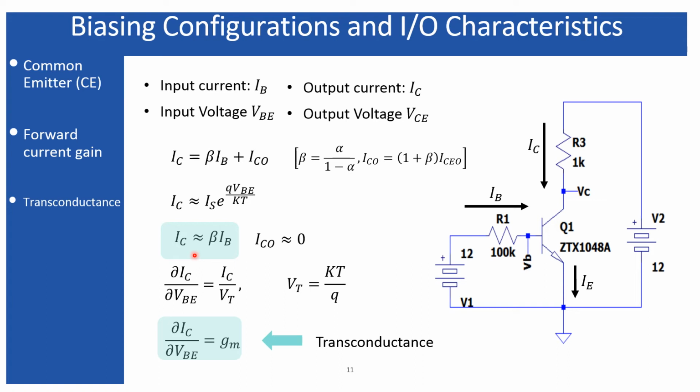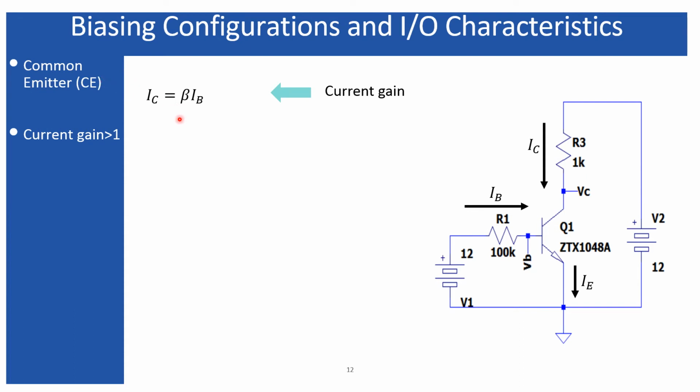Now let's see what about the voltage gain in the common emitter configuration. This equation relates the output current and the input current with the forward current gain factor. So the current gain beta is greater than 1 for the common emitter. Now let's see the voltage gain. To find the voltage gain, apply KVL around this output loop. This is the output loop, and the KVL will result in this equation.